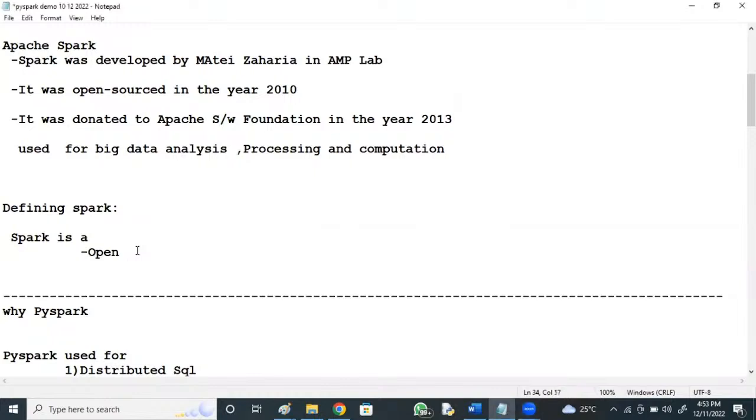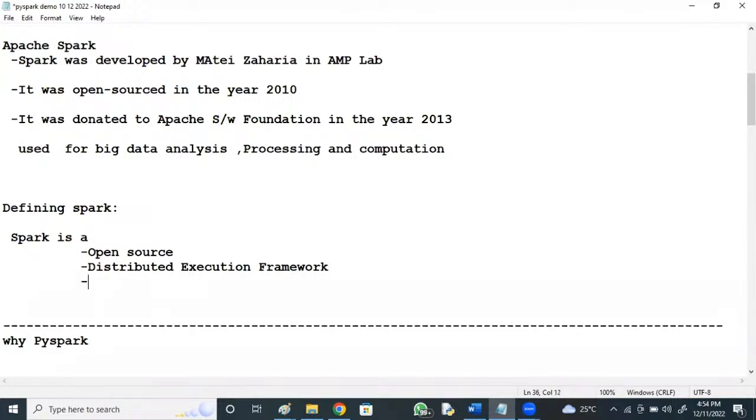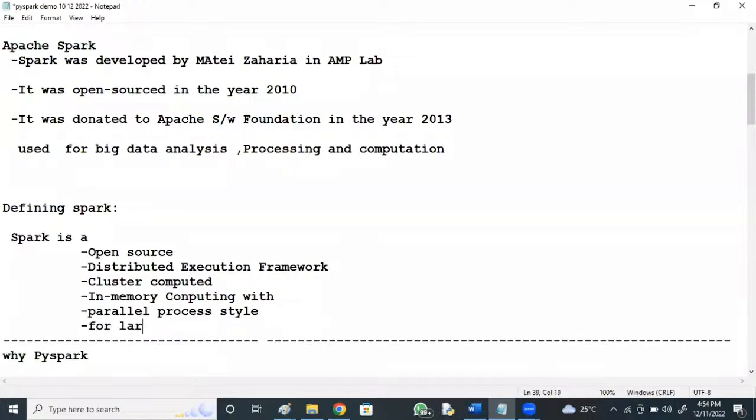It's audible. I defined Spark in four lines. It's an open source distributed execution framework, cluster computed, with in-memory computation feature, and with parallel process style, for large scale data processing.